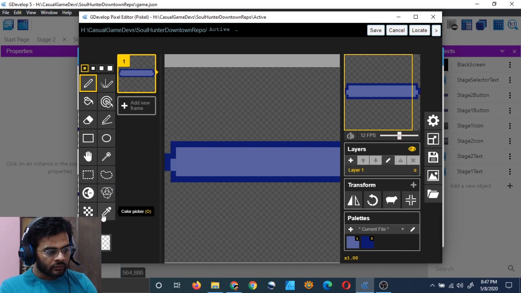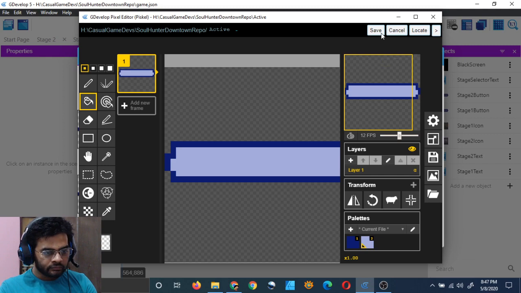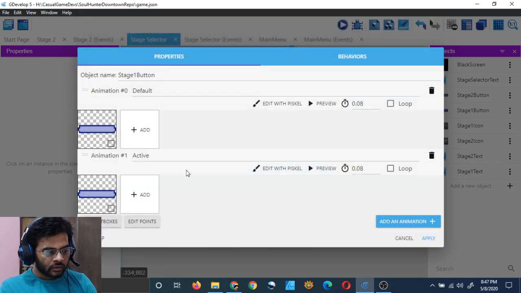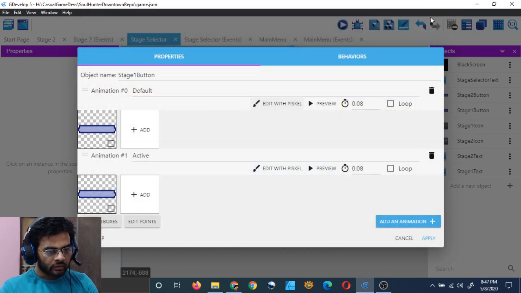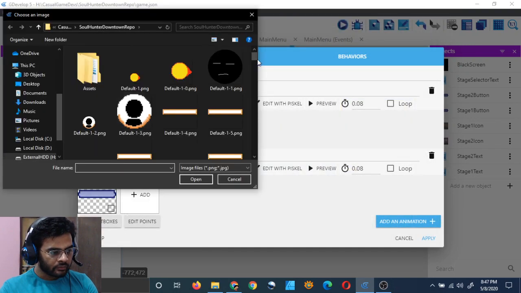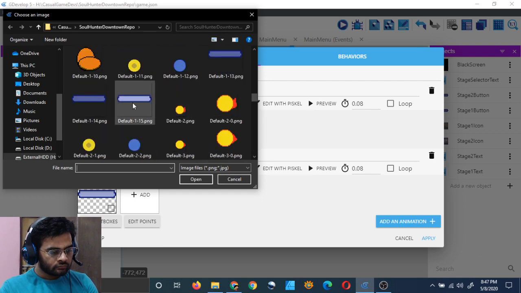Now we will just choose a lighter shade and paint it in and save. And that one also got changed. So you have to fix that. I wonder why that happens. Maybe because we are using the same image. So edit it with scale, edit, close it, add something, add the old one. This one got changed. I think we should have copied and pasted it.